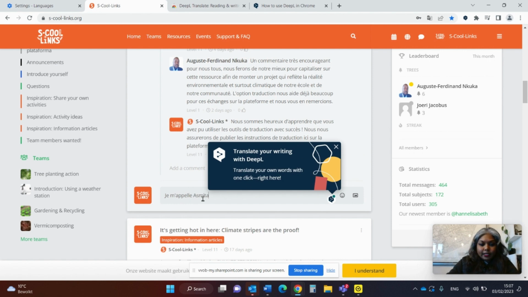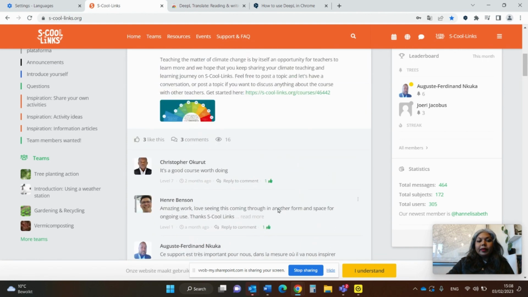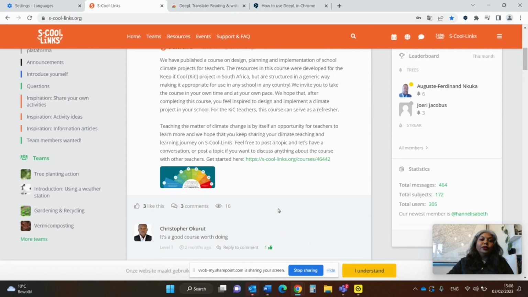When I write this, I block it and I click on the Translate to. I can select to translate into English. What will happen now is the text that I typed in my language will now appear in English, the language of the platform. If I hit enter, it will be posted in the language that I have selected my text to be translated to. Voila, this is how you can use Google Translate and DeepL combined for a better user